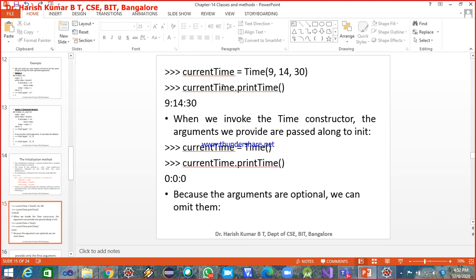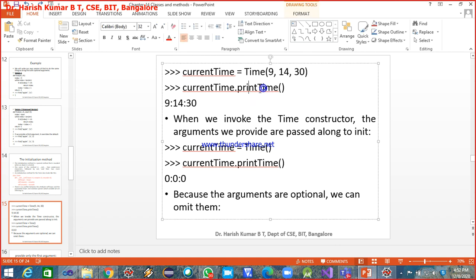Next. Now when I call another method, current time dot print time, invoking the execution of the print time method, by looking at this you can say that print time is the method which is defined inside the class definition, and you have the time printed.